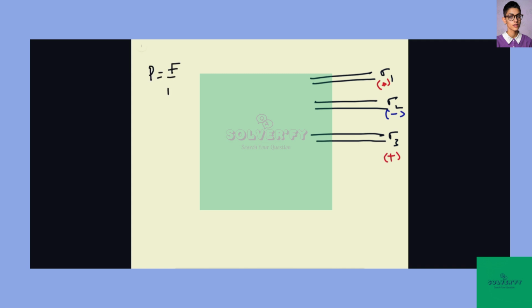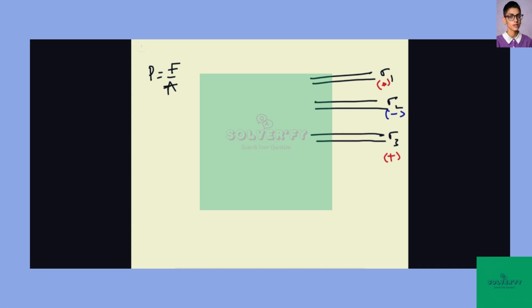So we have three sheets of three different charge densities, sigma 1, sigma 2, and sigma 3. Notice that sigma 2 is negative, whereas sigma 1 and sigma 3 are positive. So we want to find out the force per unit area, which is basically pressure for each